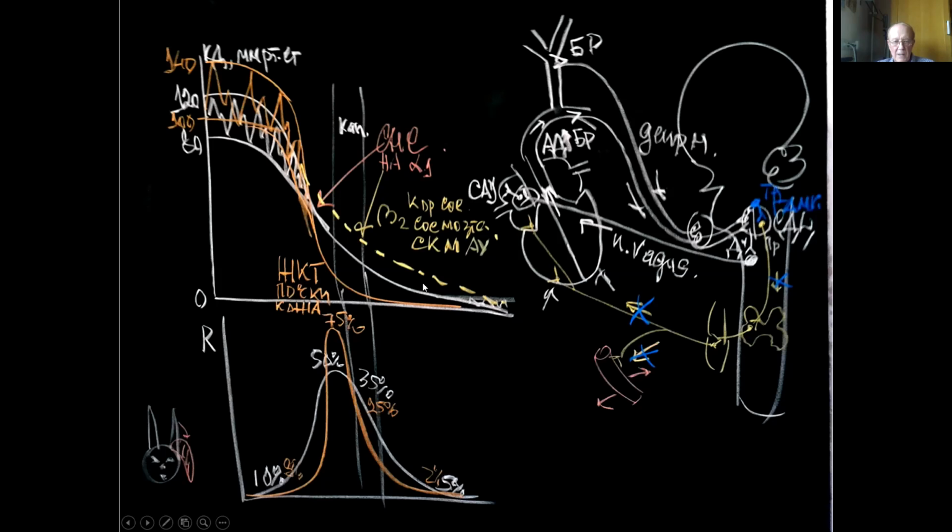It doesn't influence the veins. It contracts the small arteries and the arterioles before the capillaries. And the vascular resistance increases from 50 to, this is only an example, 75%. In other parts of the vascular bed, the vascular resistance starts to decrease. This is from 35 to 25. This is from 5 to 2%, and so on.